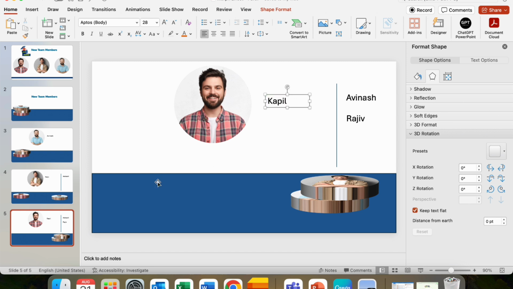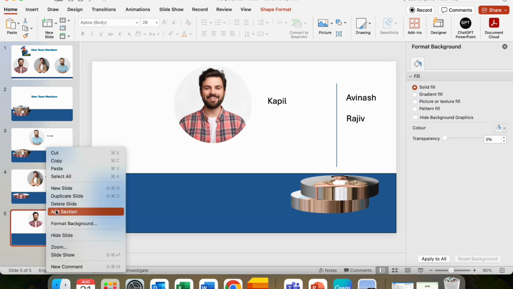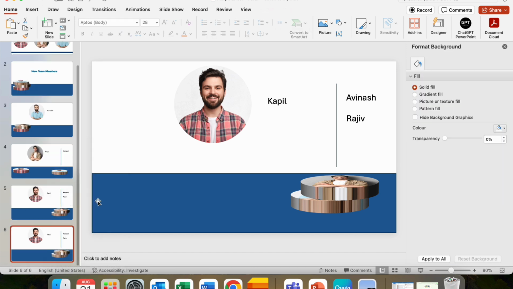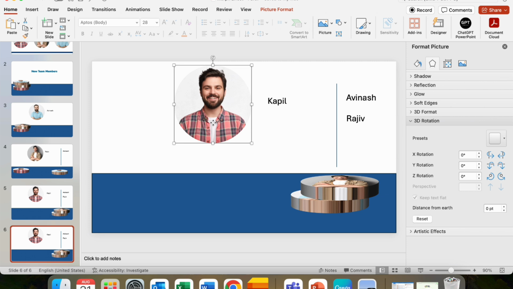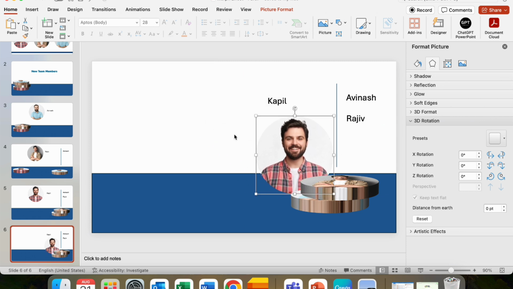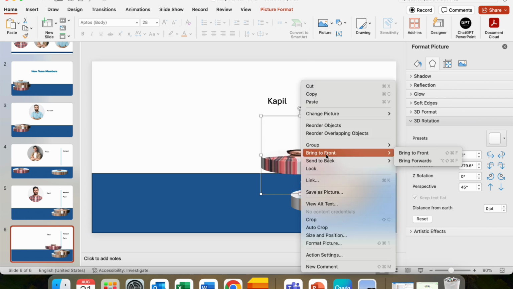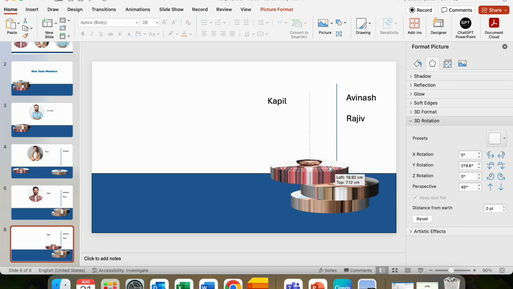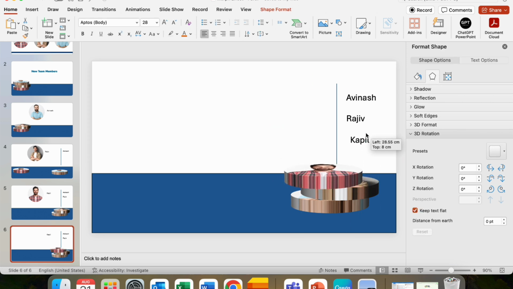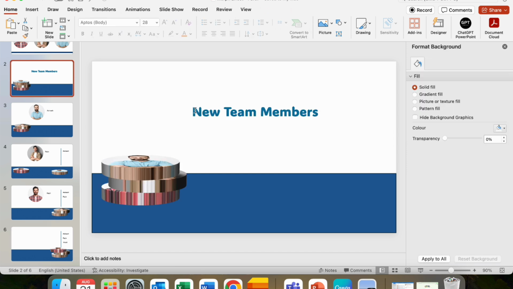Okay, once I have introduced all the three members, I want that after the complete introduction, this picture should come to this particular place. And let's change the design also. Let's change back to give a 3D effect to this particular image as well, and bring to front and keep it at the top of this. Now this is the third new member, and this almost completes our